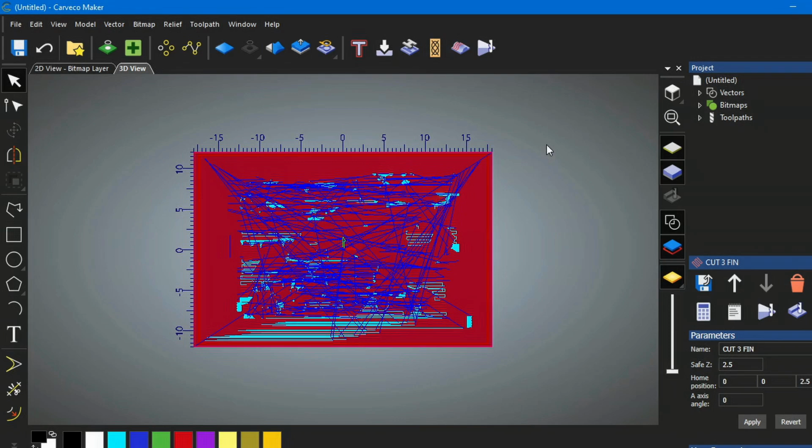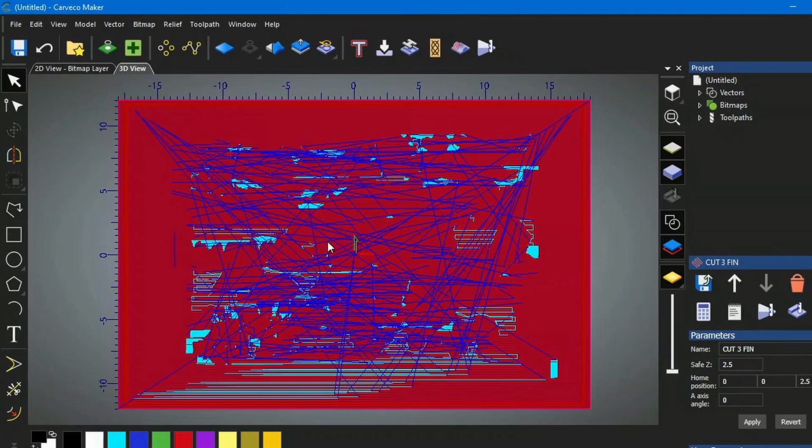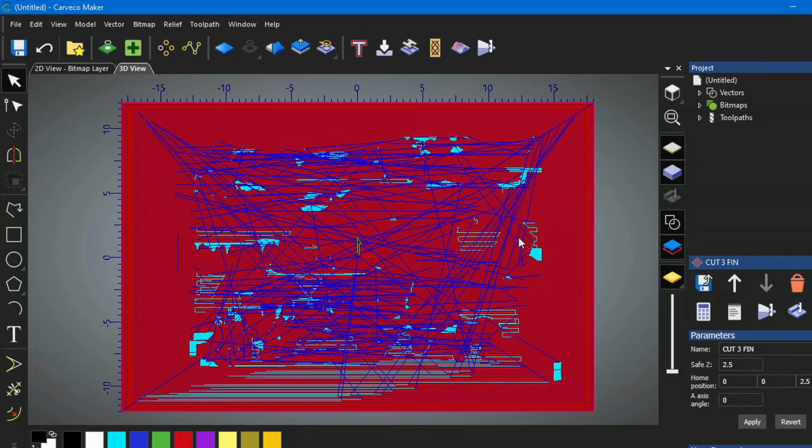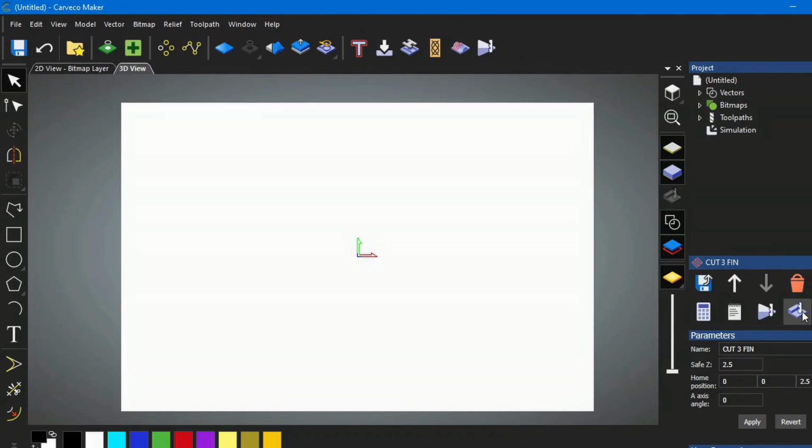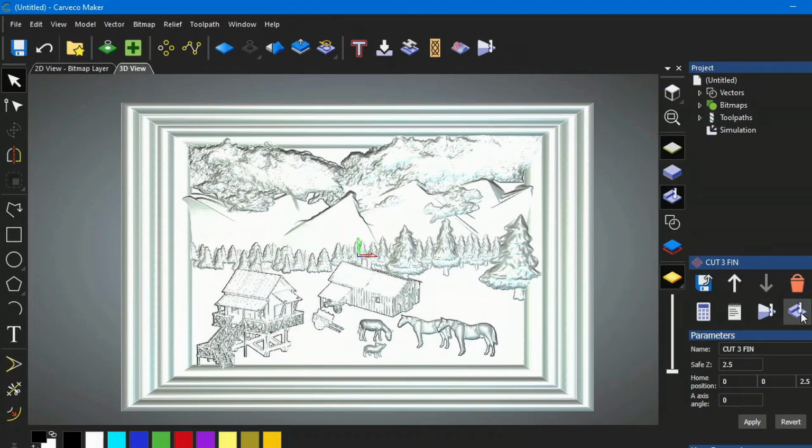And it's done. So the next thing to do, to make sure that we've got this all correct, is to go to the Simulate Toolpath. Okay, everything looks pretty good. So what I'm going to actually do is come to here to Simulation,